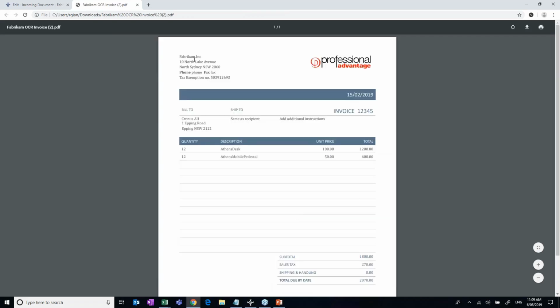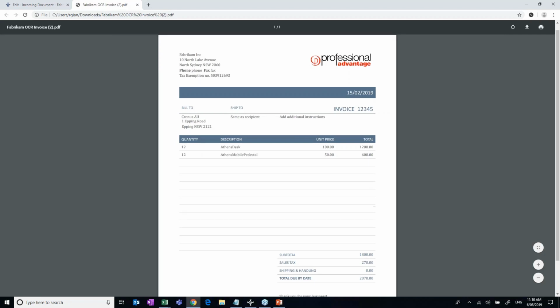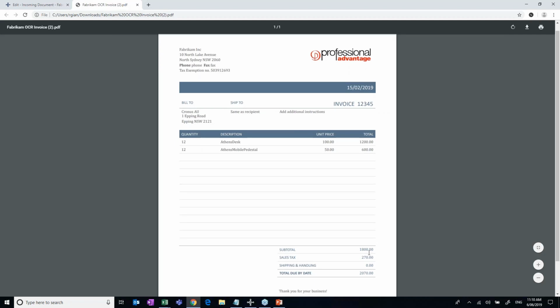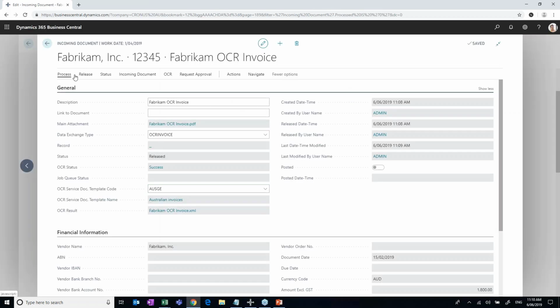Simple invoice. It's come from Fabricam. It's come to me, Cronus AU, with some invoice values there, $1,800, 2078. Yeah, it looks like it's picked up all the right information there. Yeah, happy days. So coming back into the incoming documents area, what we need to do now is if I